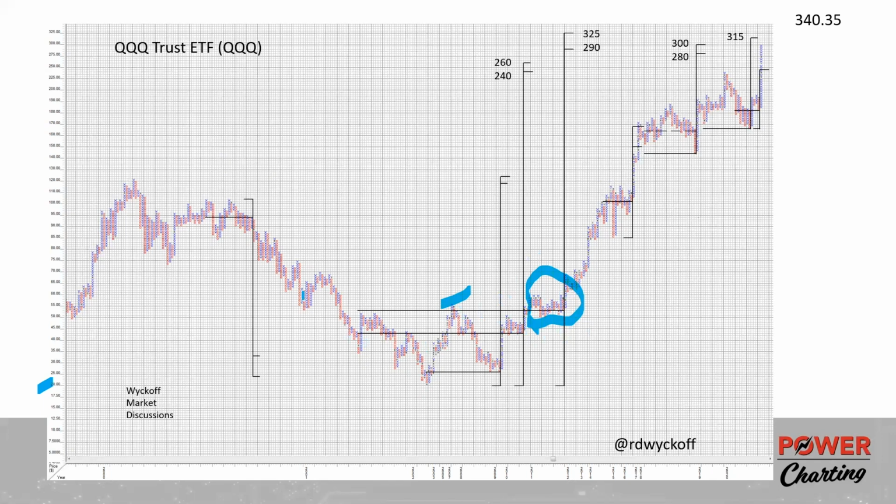And so look at this count, 325, 290 high range, and this is all very large count, very aggressive count. Look, we've just gone above that, thrown over to 340. And with that, we're going to keep on with the subject. I have a lot more to show you. I'm so glad you were here, and we will see you next time.